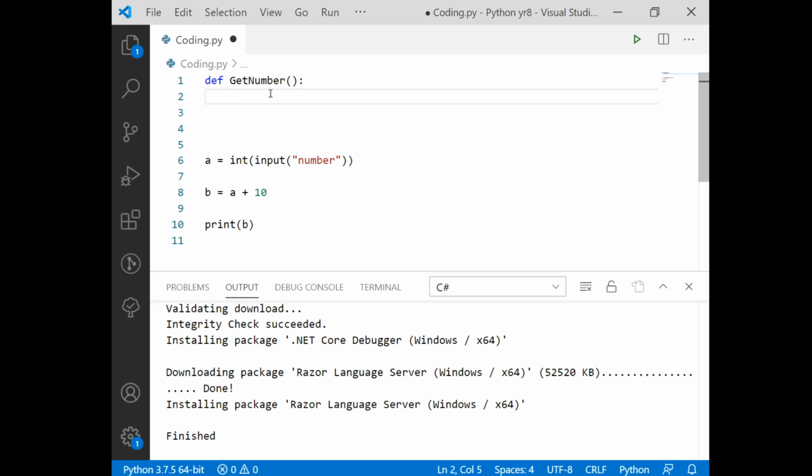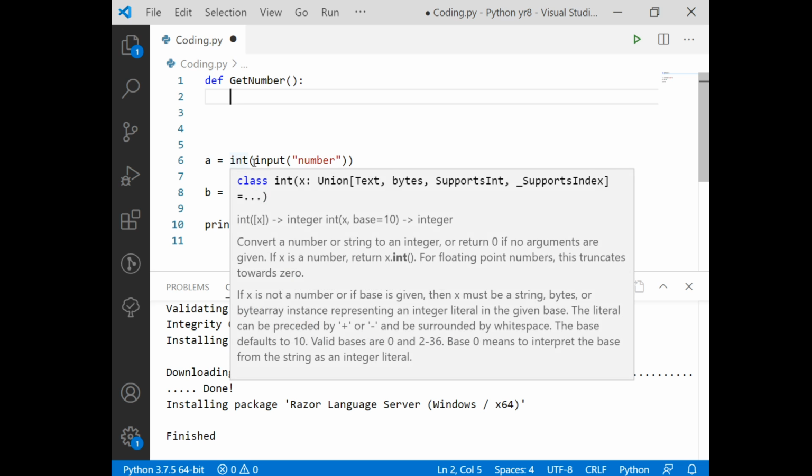You then have to do this indent. This is where Python starts going horribly wrong, because it breaks the indents and it goes, it's not indented to the same level and everything. Right, so what I'm going to do is create this so that it does the conversion for me, generates a number and gives me a number. And then whenever I want to get a number, I don't have to write all this, because this is hideous, where I have to put int around input. I'll just say get number.